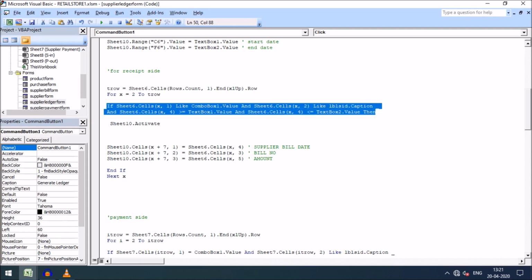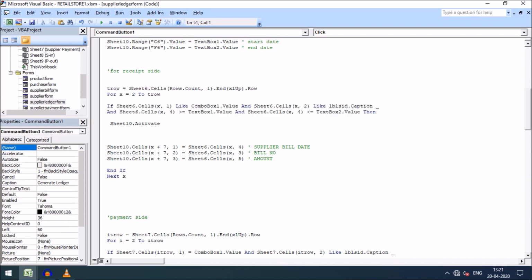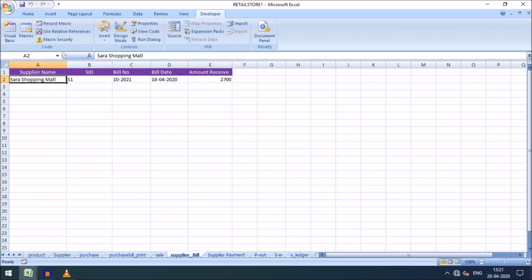Then I have this condition: if the cell x, 1 is like combo box 1 dot value, that means if the supplier name matches, you can go to sheet 6, and here you can see the first column holds the supplier name.